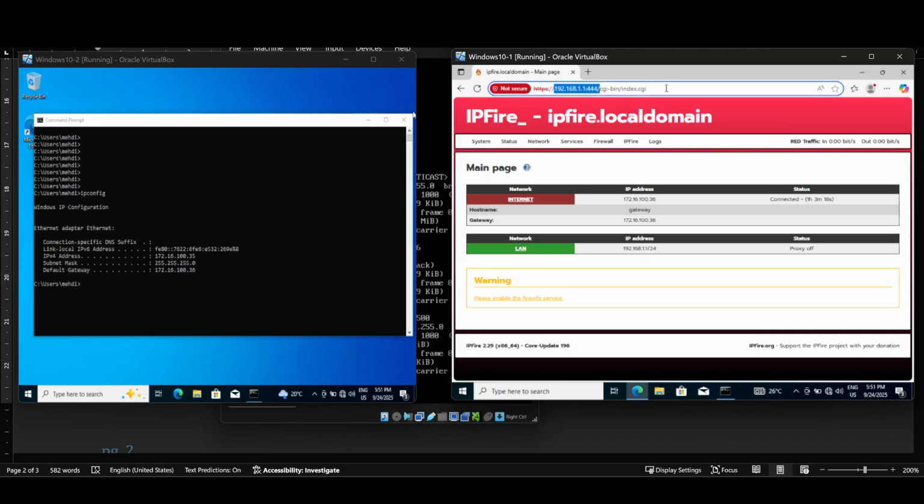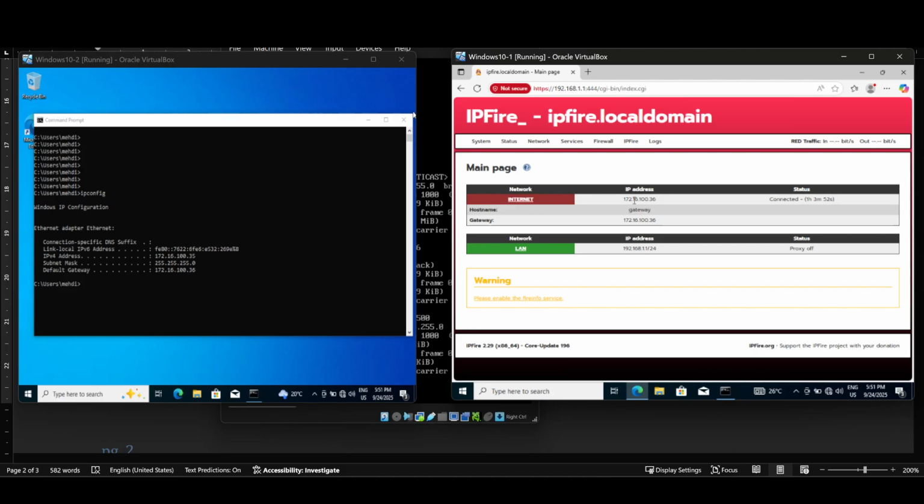So if you put https://192.168.1.1 and then port 444, then you can go to the GUI of your machine. It asks for username and password. You can go with admin and the password,